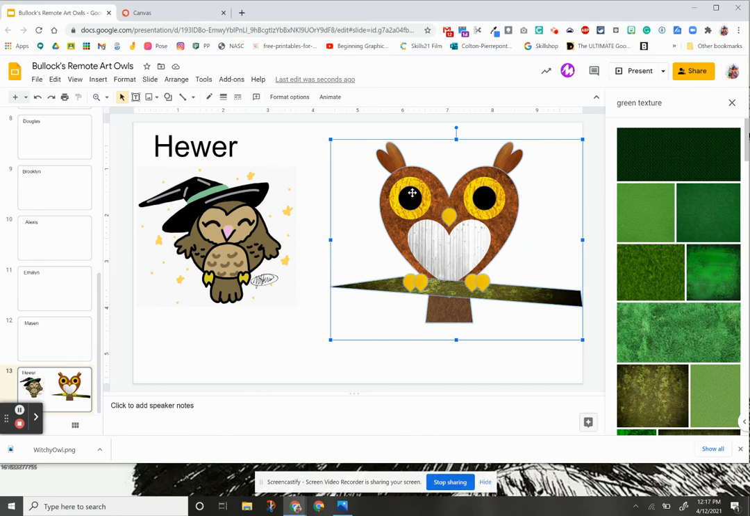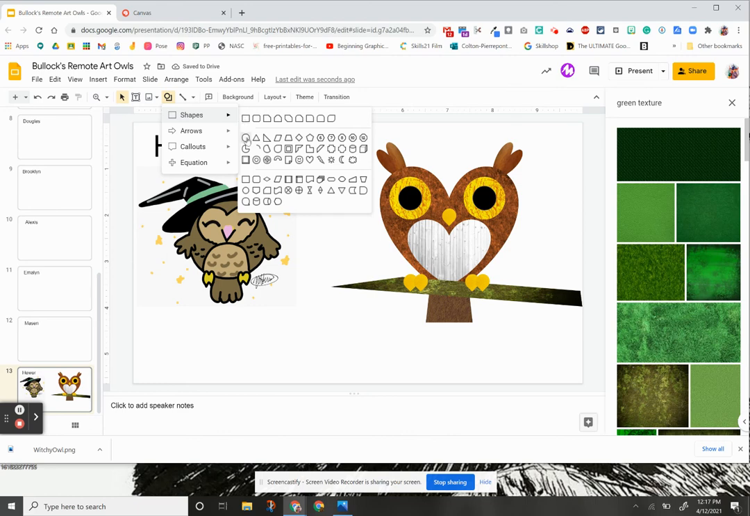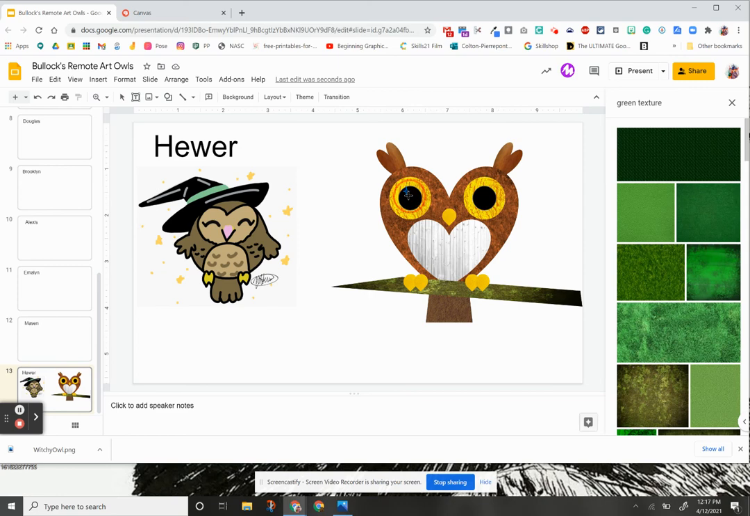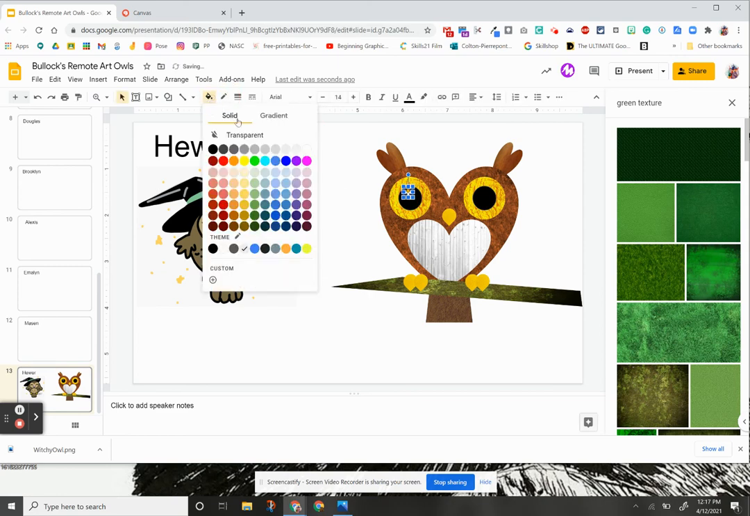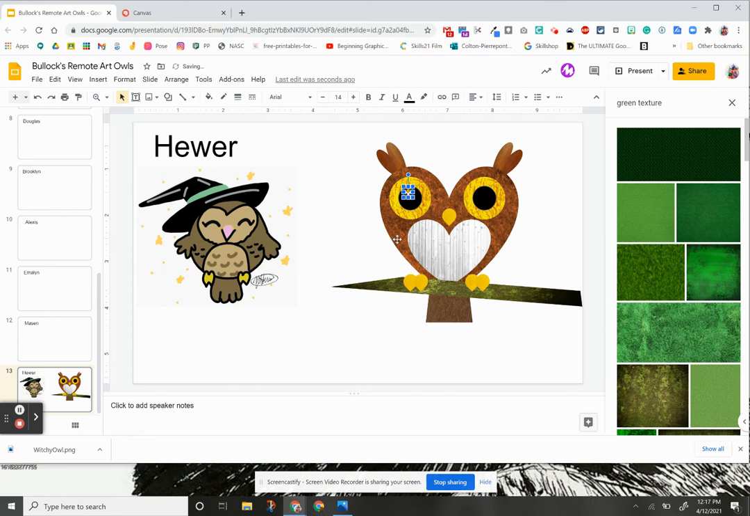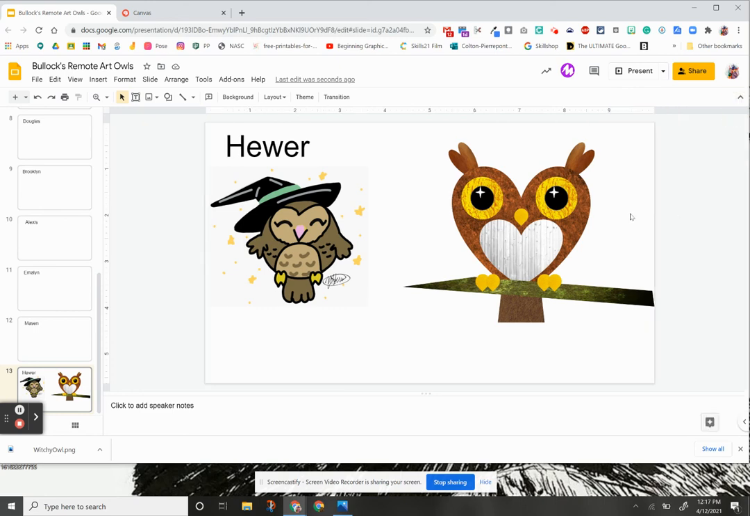I'm just going to highlight over the whole thing, Control G to group him, and maybe just to make him look even a little bit more special, I'm going to add some sparkles in his eyes. But instead of putting my normal little circles, I think today I'm feeling pretty fancy. I'm going to put some stars in his eyes for a little bit of extra fancy. And there you have it, a little owl made of shapes and textures all in Google Slides,